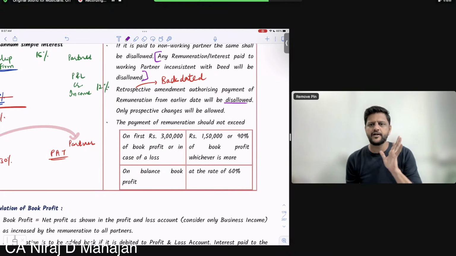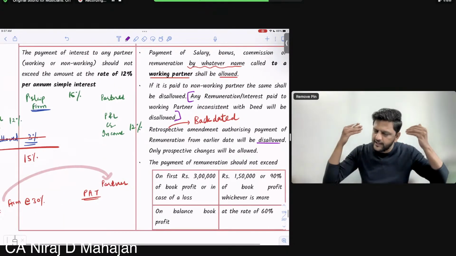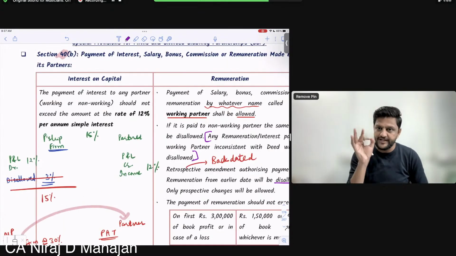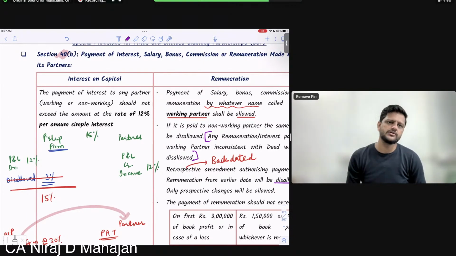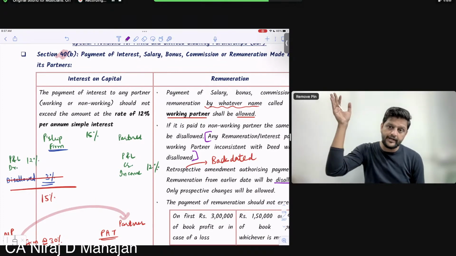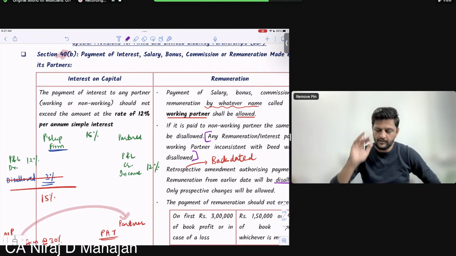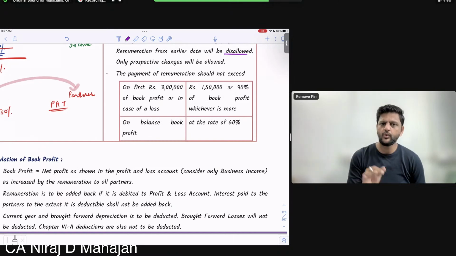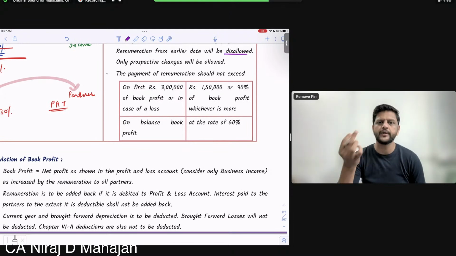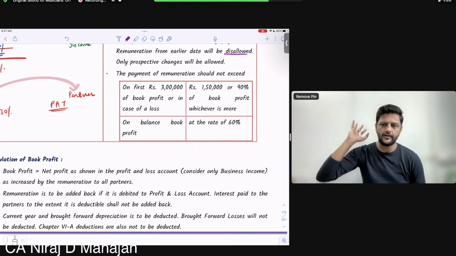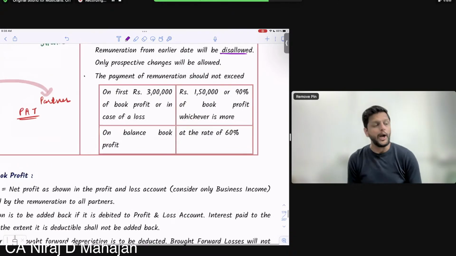Overall, any partnership firm or LLP generally has to follow this. In every partnership deed agreement you read, there will be a clause that payments will be done as per section 40B of the Income Tax Act. The partnership deed is giving reference to section 40B. Clear till here? So check what they are saying about the payment of remuneration. What is remuneration? Again, I am repeating: salary, bonus, commission, by whatever name called, that is remuneration. It should not be more than